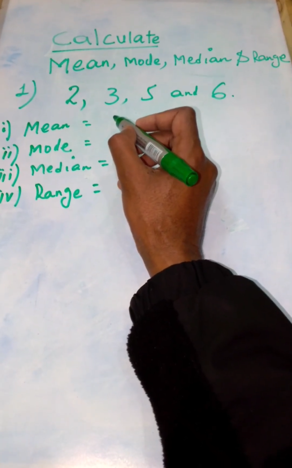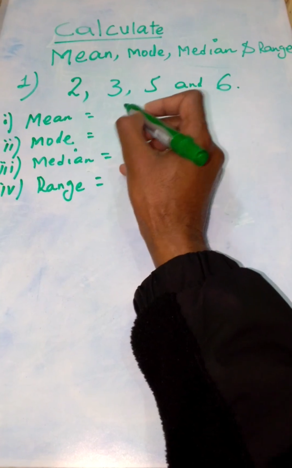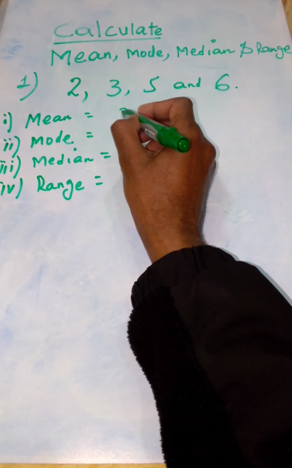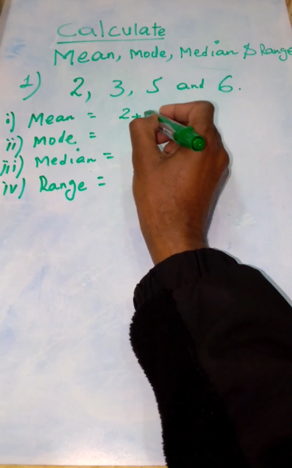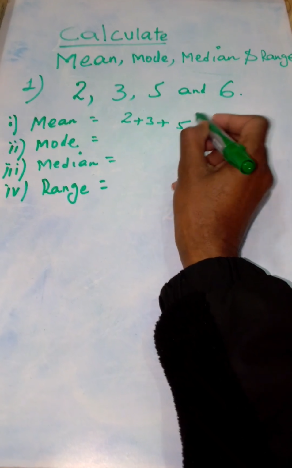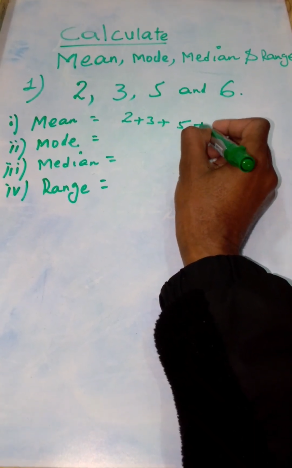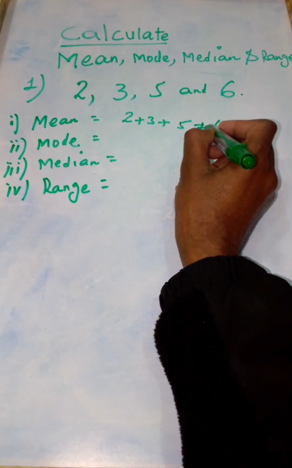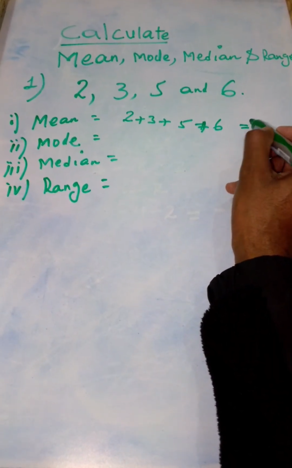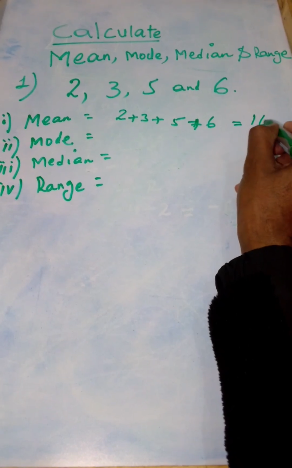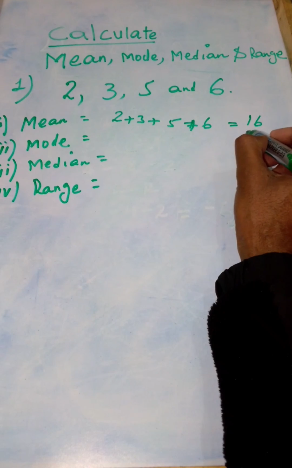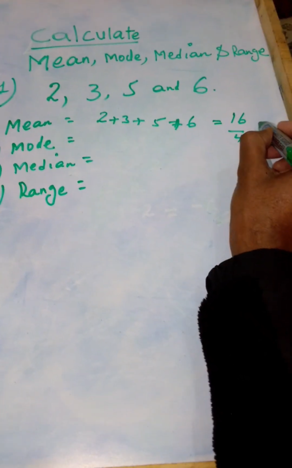As you know, mean means average, yeah? So to calculate the mean, we simply add the given data and divide by the number of values, yeah? 2 plus 3 plus 5 plus 6. We add them together. This is the same as 16. And how many values do we have? 4, yeah? Which means it is